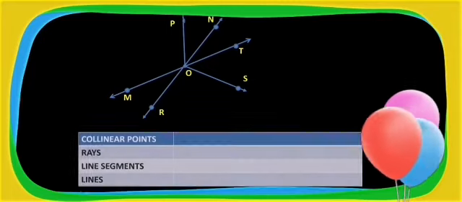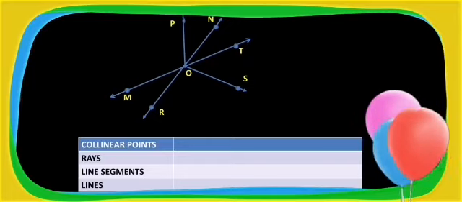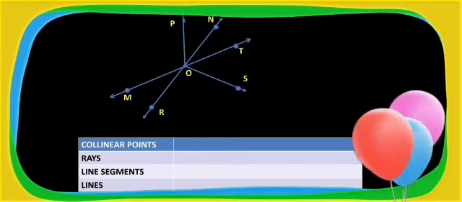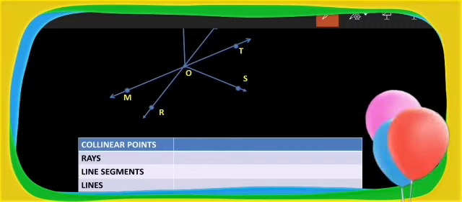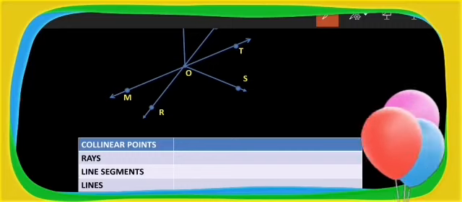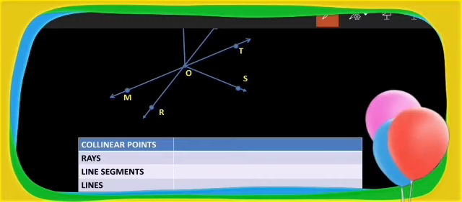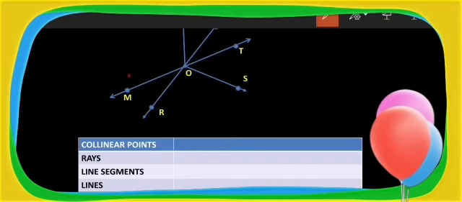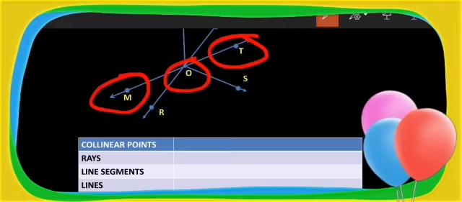And now we will give a final try for this activity. This question again, it is there in the textbook. For this question we have to write, consider it as a revision: collinear points, rays, line segments, and lines. Correct? Now can you see collinear points on the diagram? As per our concept, the points which are on the same line are called collinear points, correct? So point M, point O and point T become collinear points because they are present on the same line.